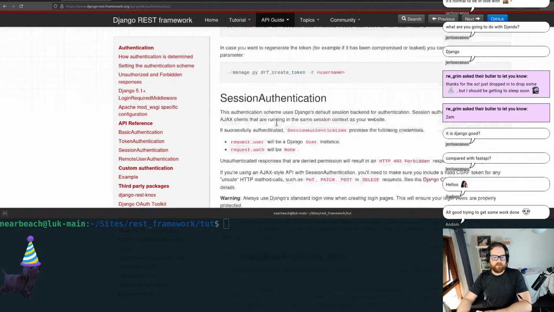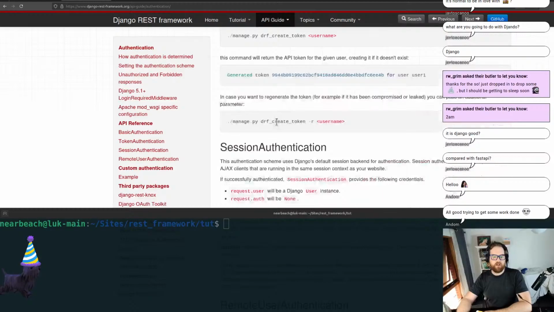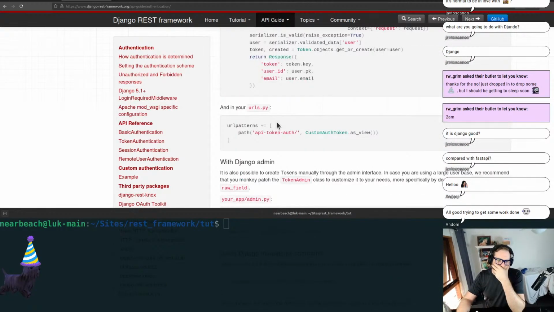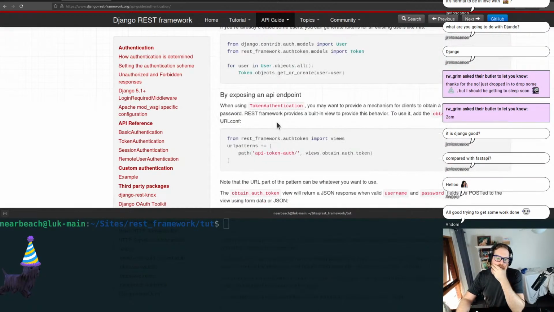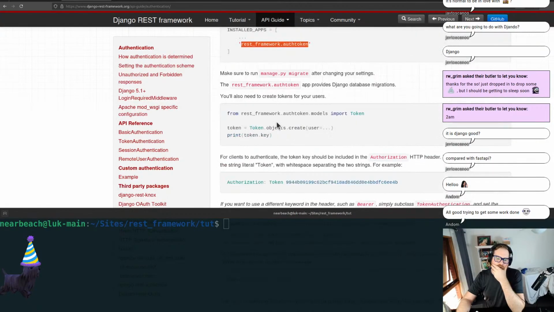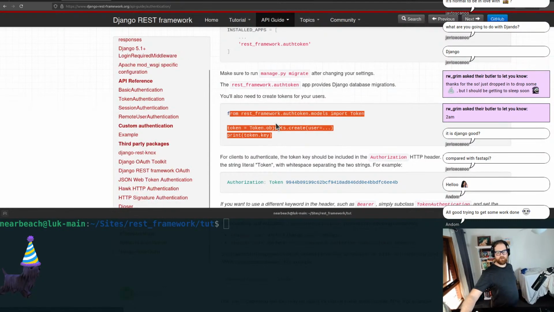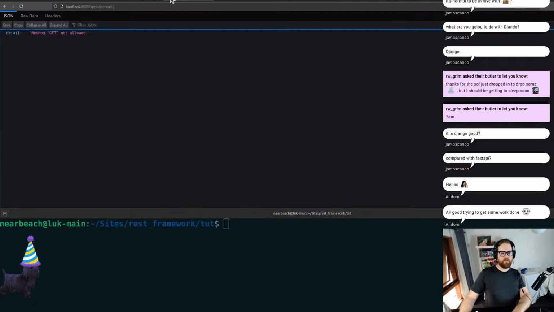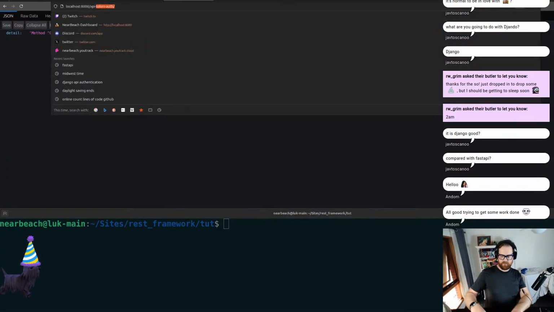All right. So, in here, session authentication, custom authentication. No, scrolling up, we had token. So token authentication. So we placed in the token authentication. We did the migration, database migration. We just created a token for our user. That's pretty easy. So if we go back to here